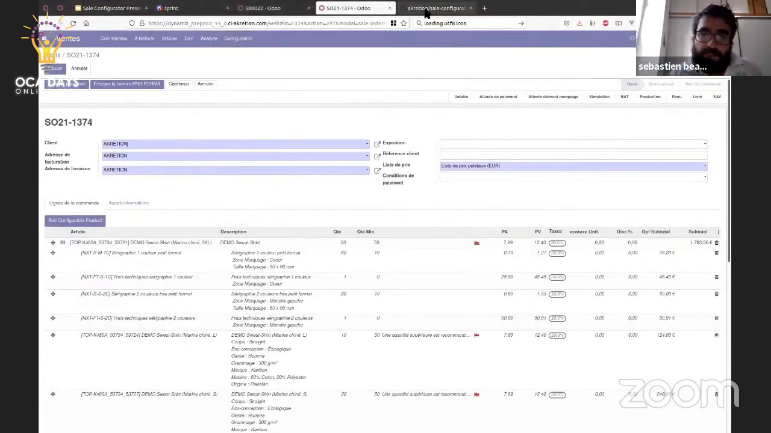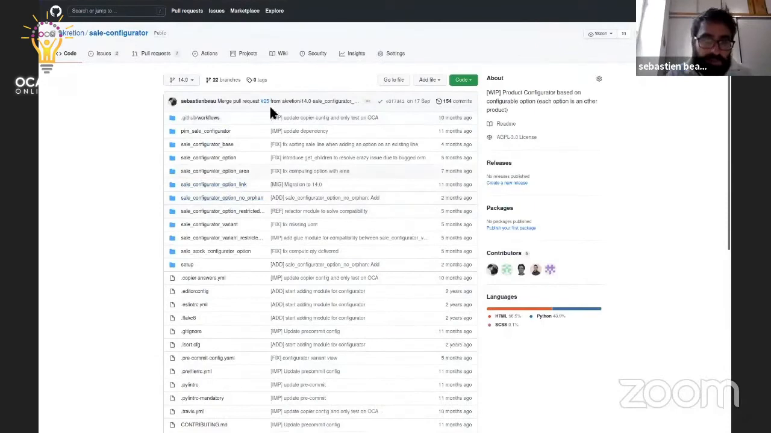If you go back to GitHub, we have several different modules. We talked about the area module. You have an option link, which is a way to add additional options: when you add an option, it automatically adds another one. Then there is the option "no often", a module that, if you add it, means you cannot sell the option